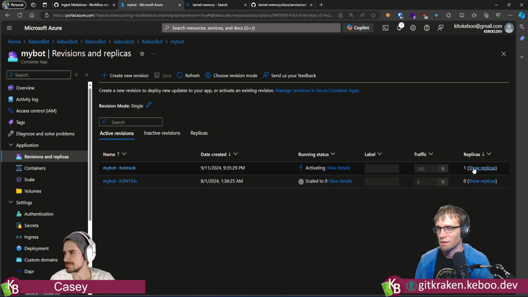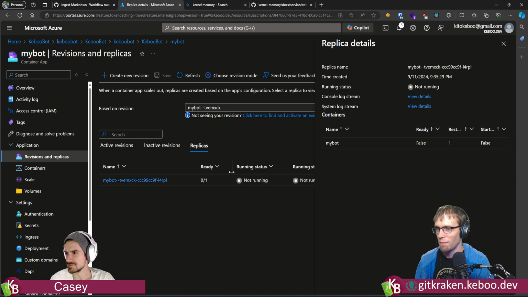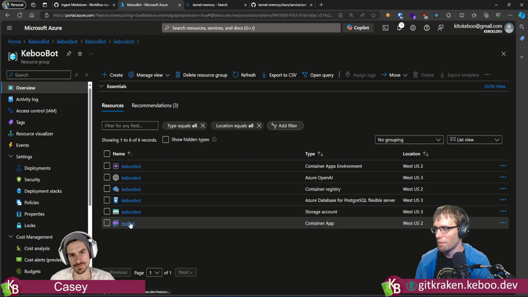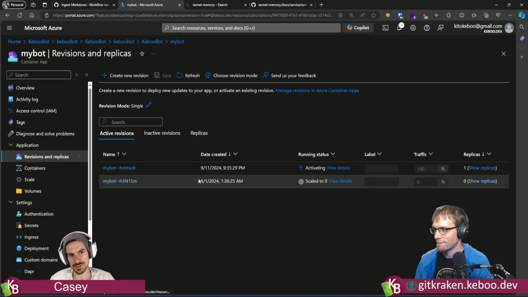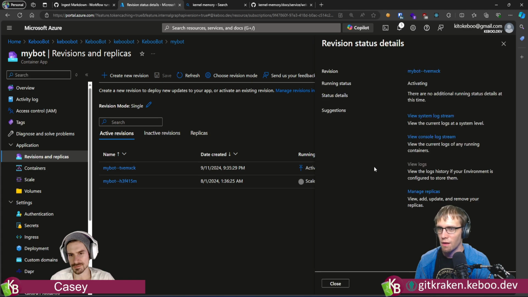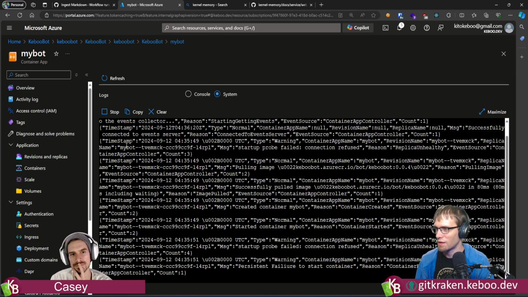Okay, so we want to see this thing actually come up. I don't know if it's actually going to fire all the way up now that I think about it. It shouldn't, because we aren't hitting it. Yeah, something tells me it still tries to go for start and then scales down.